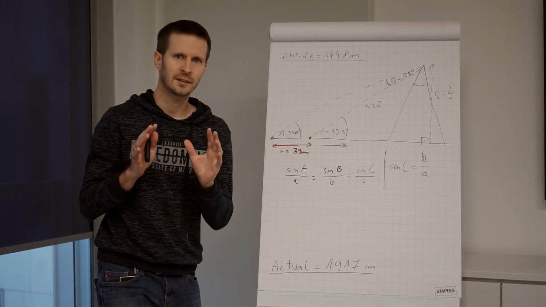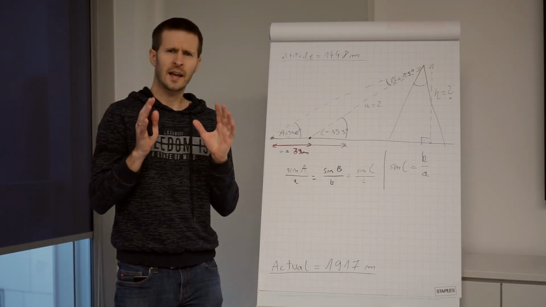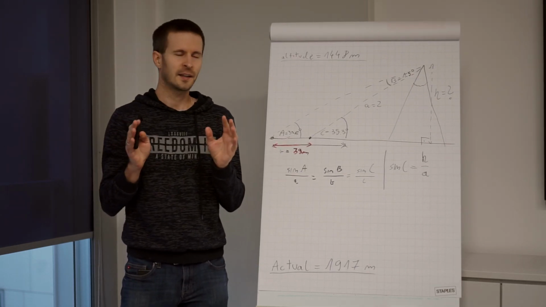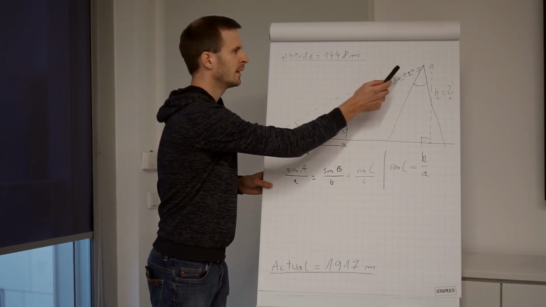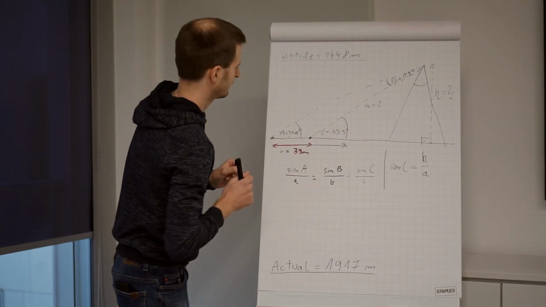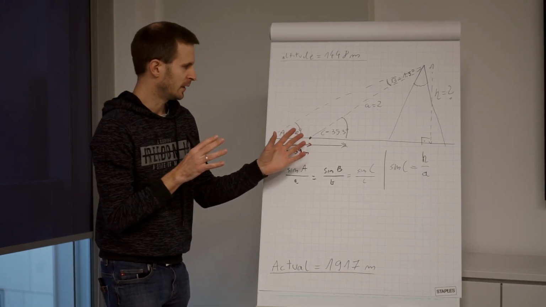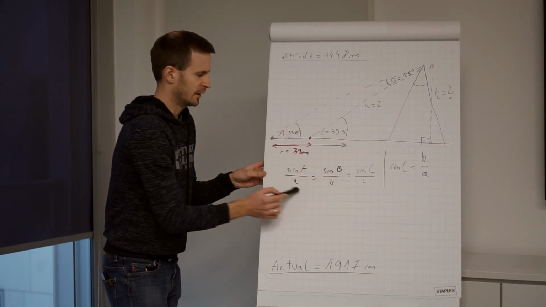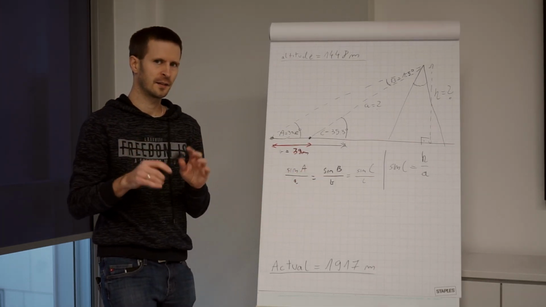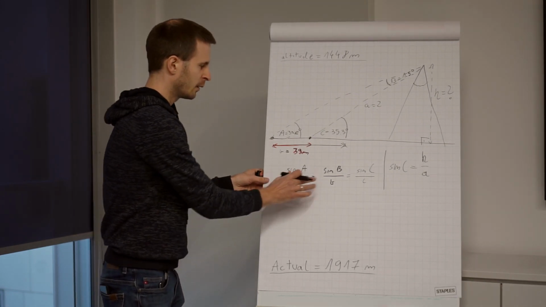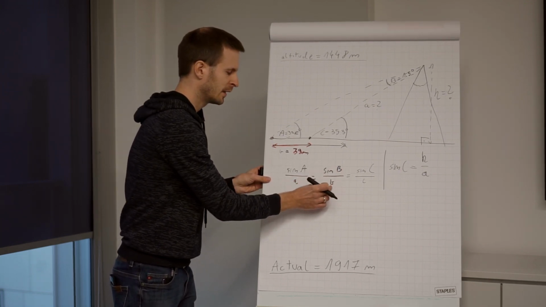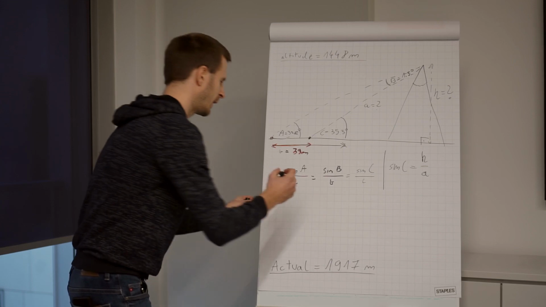And then we know also that in a triangle, all of the angles together give 180 degrees. So if I know these two angles, then I can easily calculate by subtracting from 180 what is the value of this one. And it appears to be 1.5 degrees. Now, having all this information already, we can transform this equation. So in order to get a out of this equation, and we know all of the other variables here, we have to first multiply both sides by a, and then we have to divide them by sinus of b divided by b.